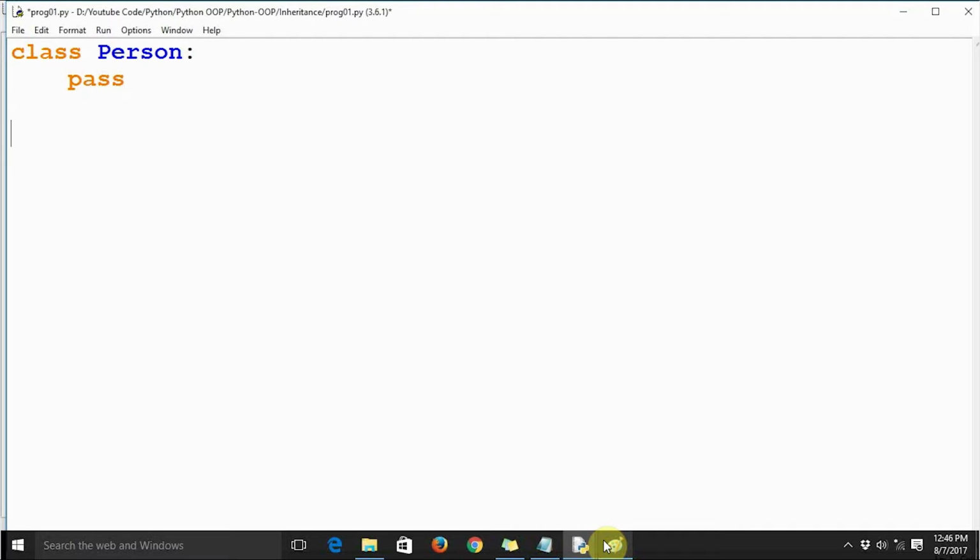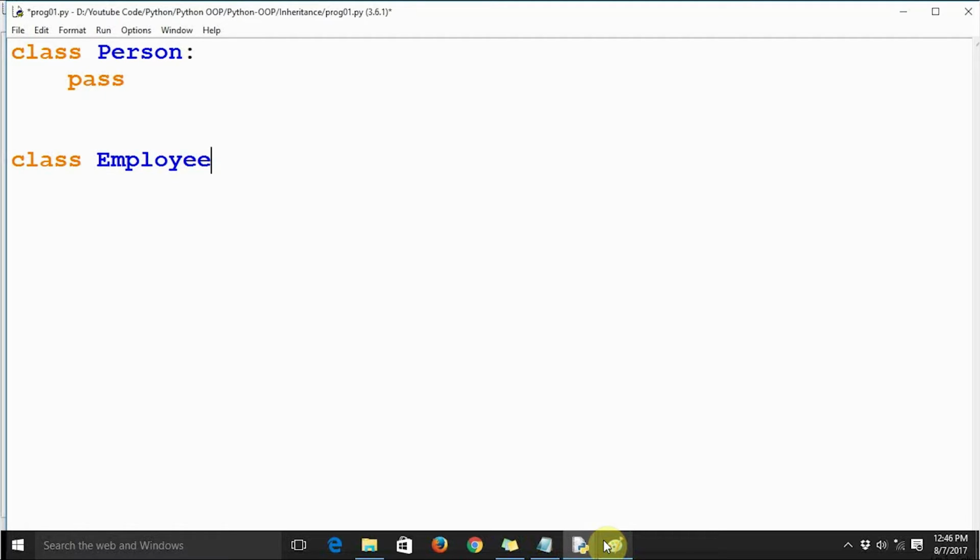Now we are going to derive another class from class person. We are going to derive a class known as employee from person, because all the employees in an organization are mostly persons nowadays. Many employees may be robots, but predominantly in almost all organizations, they are human persons. So let's say class employee.